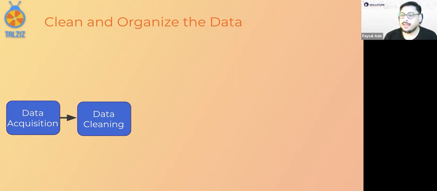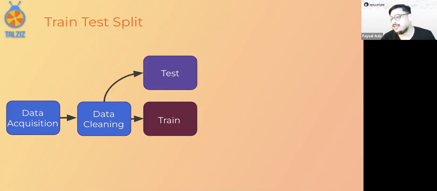So moving on. After you have the data, you go through data cleaning. After data cleaning, you have clean data. Now you have a nice table with a lot of data. This is where you do what is known as a train, test, split. A train, test, split means you take your data and you split it out. How do you split it? What does this splitting actually mean?